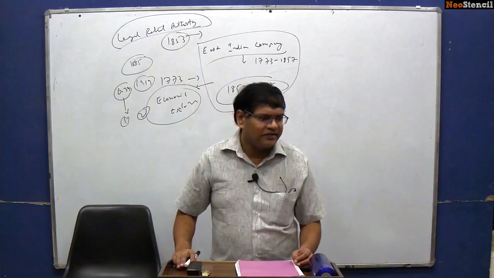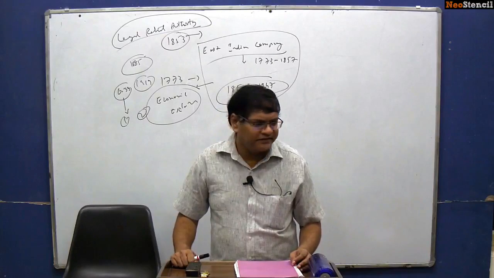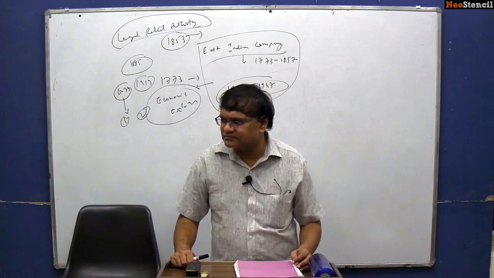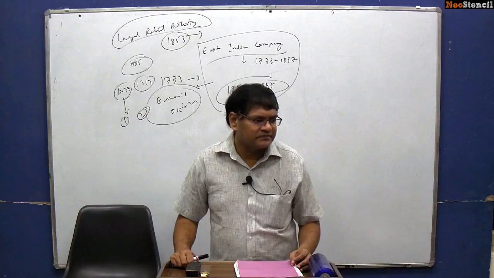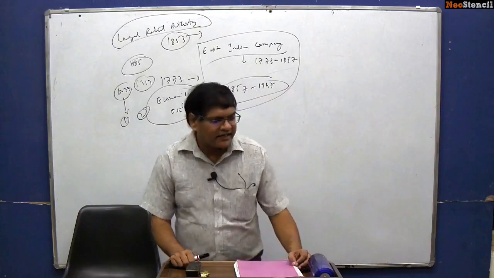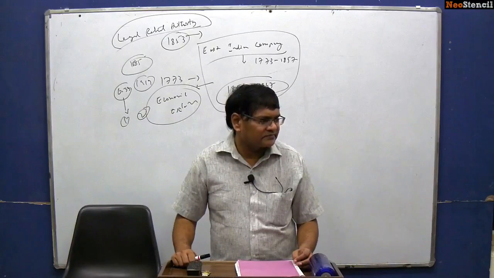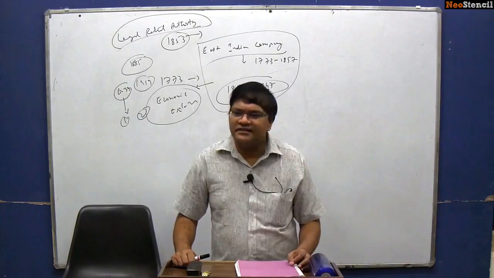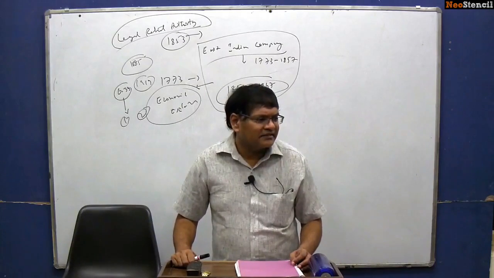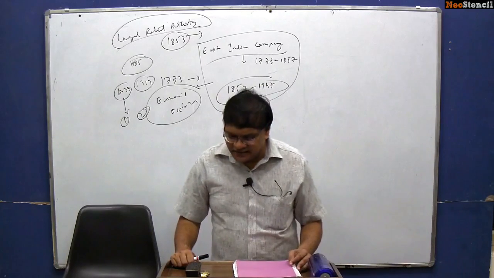For example, a question would be about the 1935 Government of India Act. We say that the 1935 Government of India Act is the basis for our constitution. Is it true? Or the question will be that the 1853 regulating act introduced what is called the parliamentary form of democracy. Or the question that the 1860s was a decade wherein legal rational authority was for the first time introduced in our constitutional governance. So let us look at